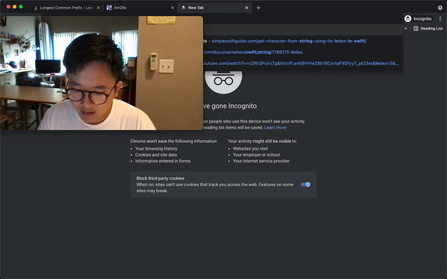Word index. Okay. And result index. Here we have a result index, result start index offset by word index. All right. Okay, so we have these two, and then we'll